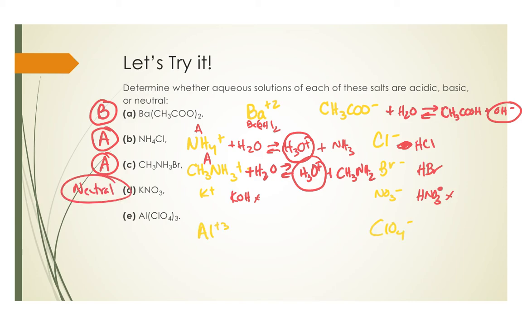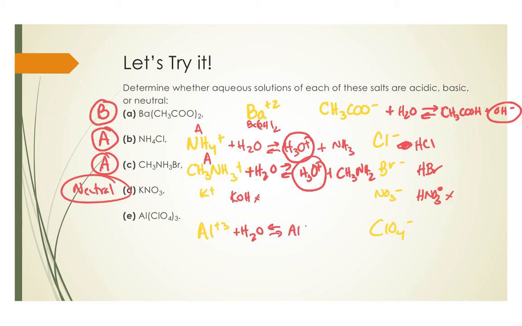Last but not least, we have aluminum perchlorate. So we've got aluminum ion, Al plus 3. We've got the perchlorate ion, ClO4 minus. Aluminum's conjugate base is aluminum hydroxide. That is a weak base, so it will react with water here,